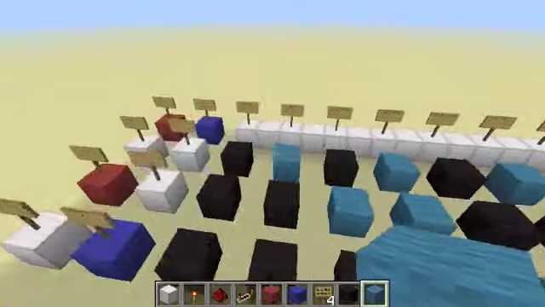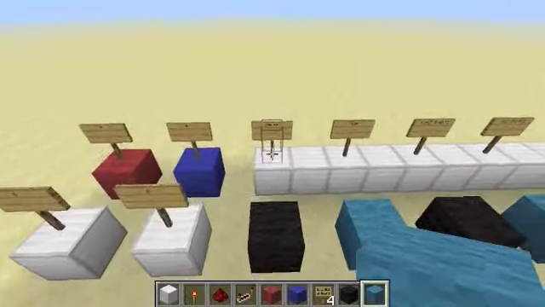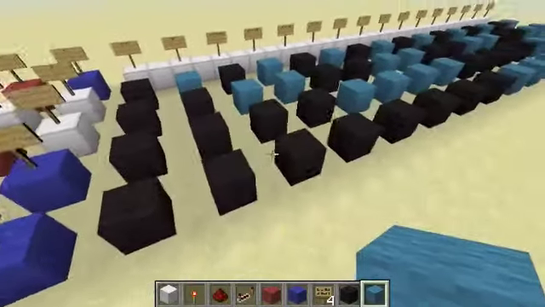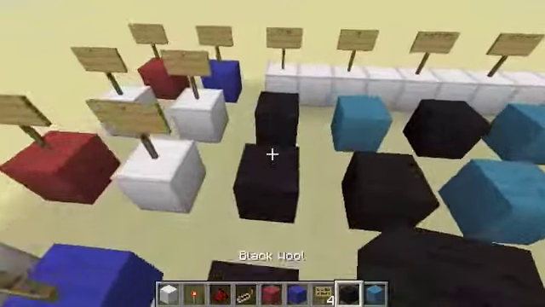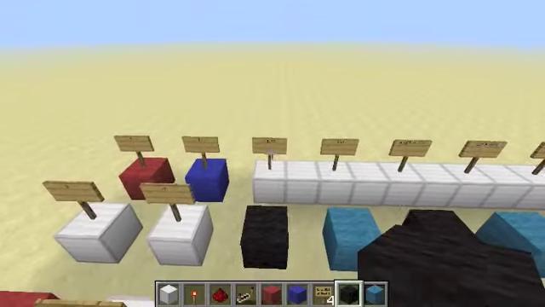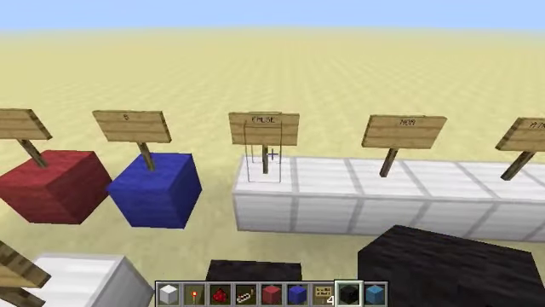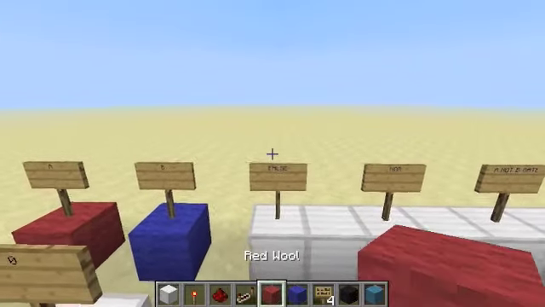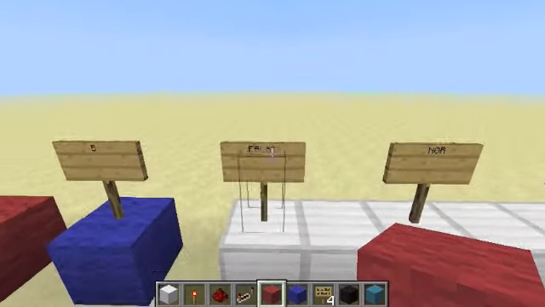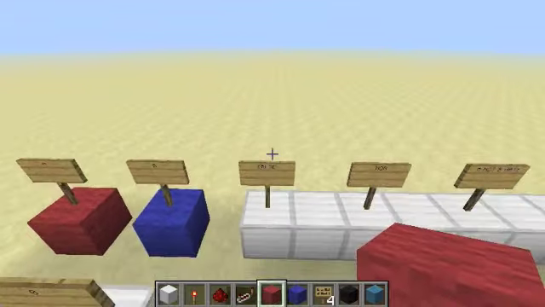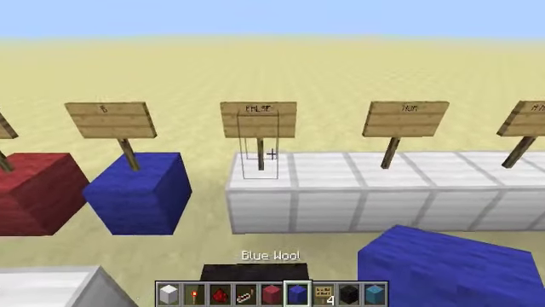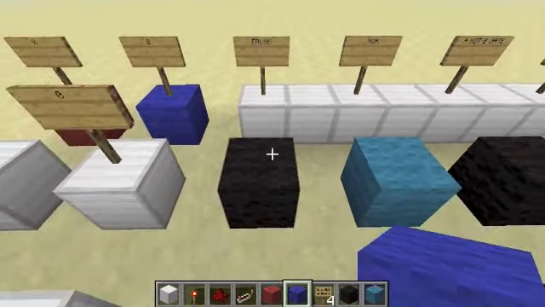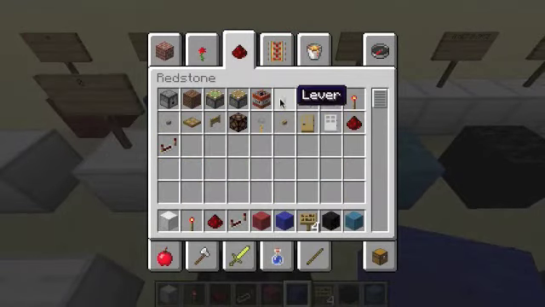So let's quickly go through each of these and build them and see how they all look. And I will put this world up for download if you want to take a look at it later. So I will be using red to designate A and blue to designate B in our logic gates. Let me just grab a lever,